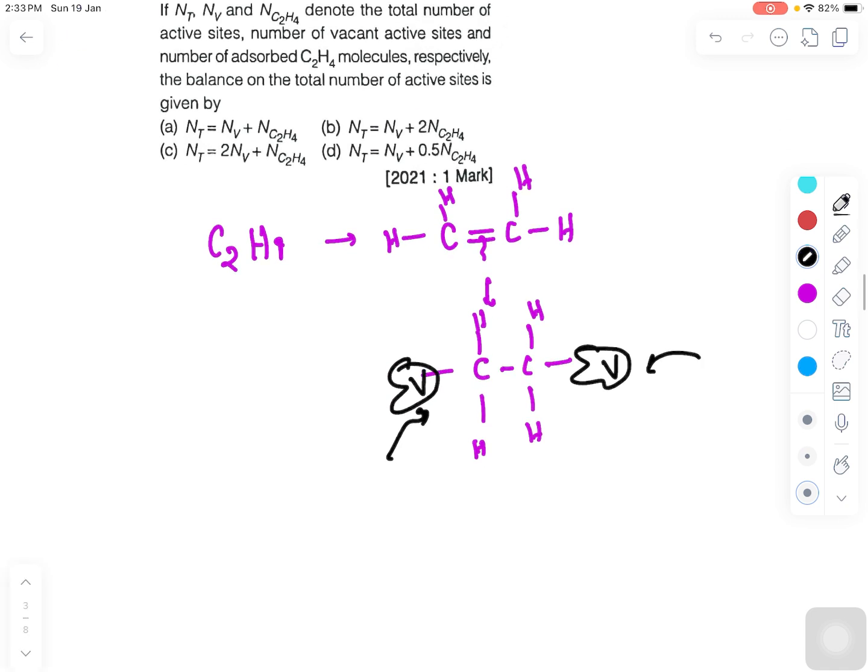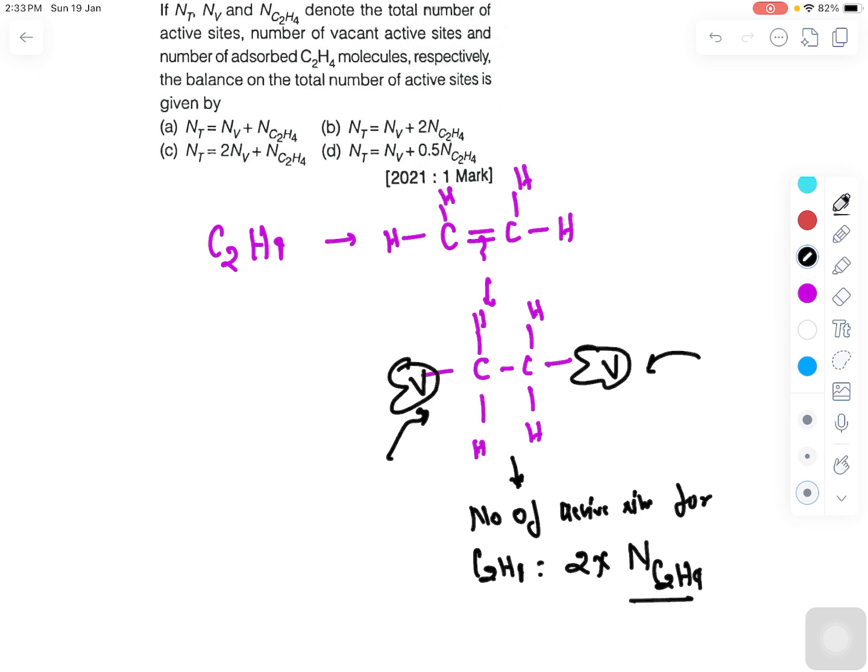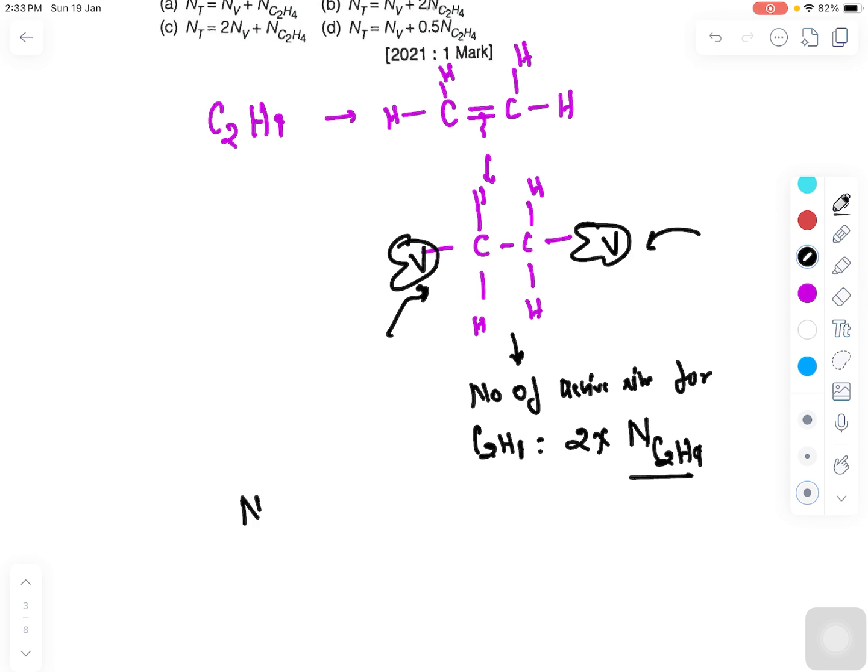So if I am talking about the number of active sites for these molecules, the number of active sites for C2H4 will be equal to how much? 2 multiplied by the number of sites for C2H4. This one is given to you. And the number of vacant sites will be equal to NV. So what is the total number of